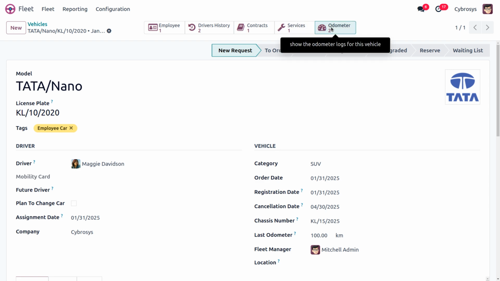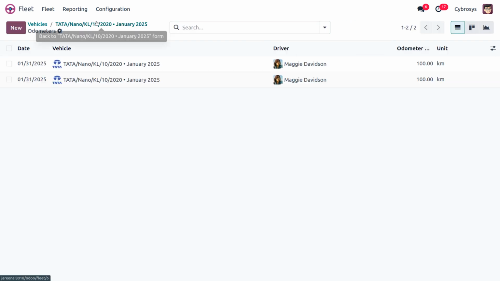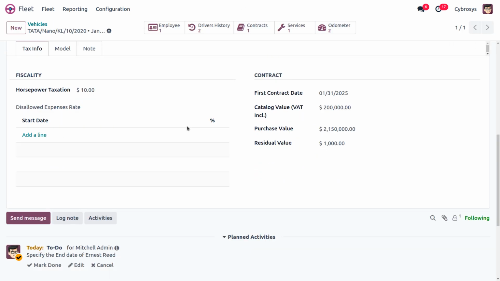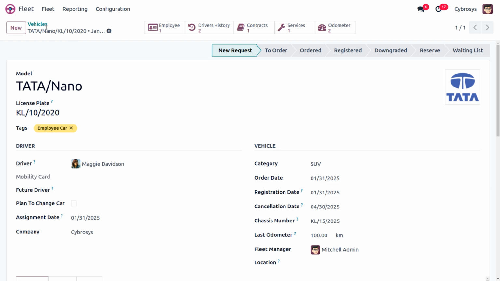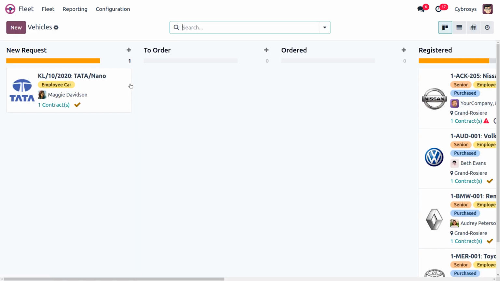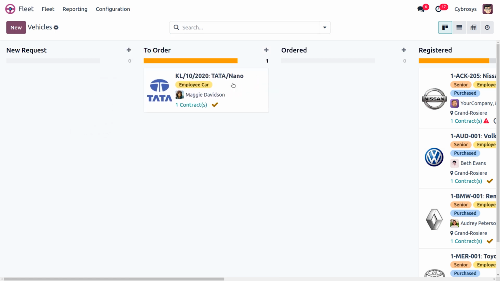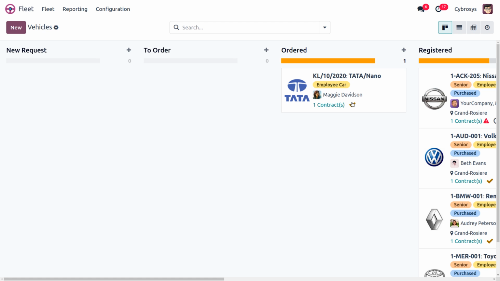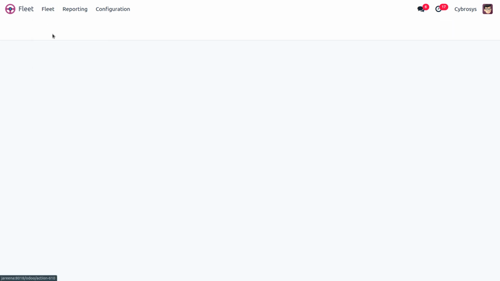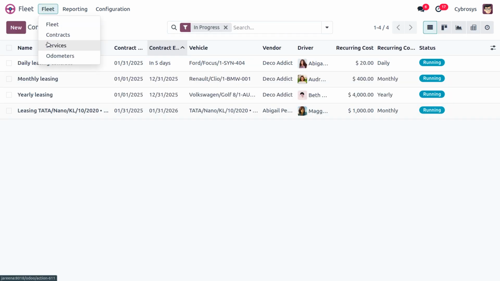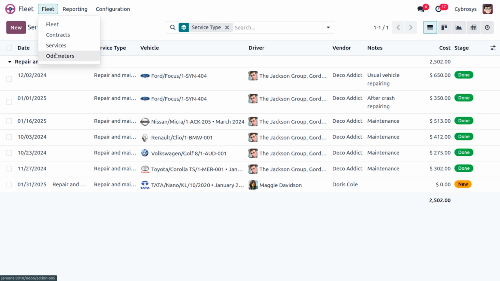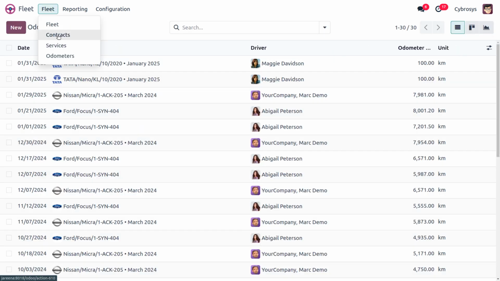So once that's done, you can just move on to the vehicle, and under the vehicle, you can also find the odometer reading that we have recently added. And that's how we just deal with the fleet module in Odoo. And here you can also find the vehicle that is created. So if you want to change the stage of the vehicle, you can change that. So currently it is in to order state, and if you want to just change it to ordered, you can also do that. And as you just move on to the contract, here you can find the contract that has created and that is available in the database. And you can also find the odometer reading, and everything will be easily available or can be easily accessed from